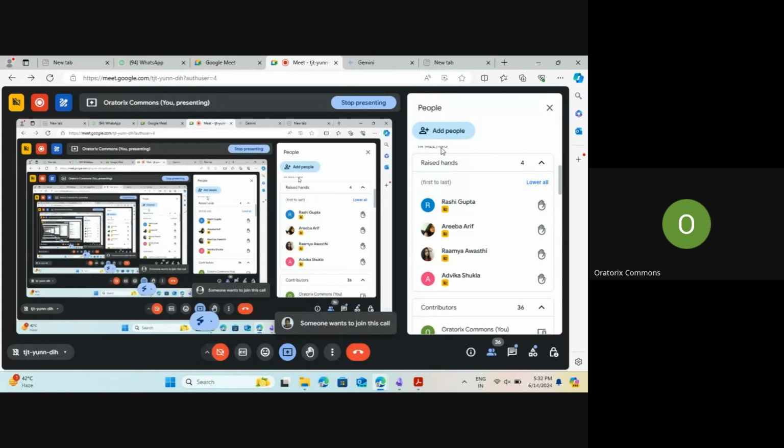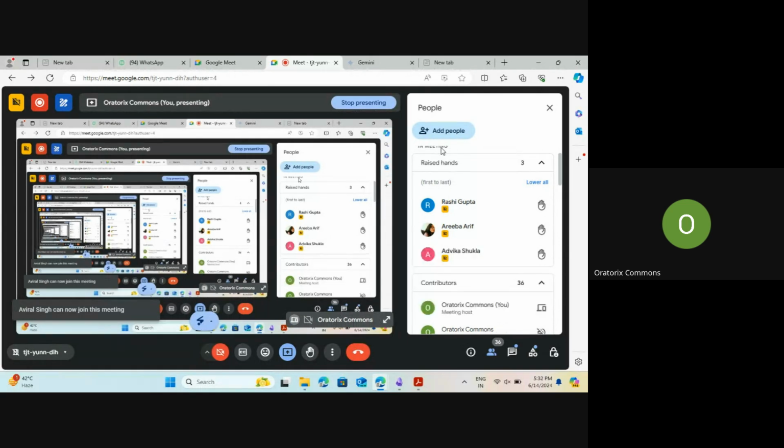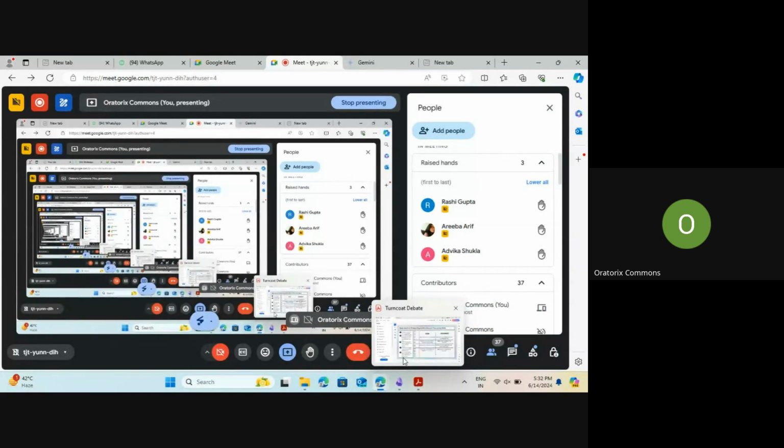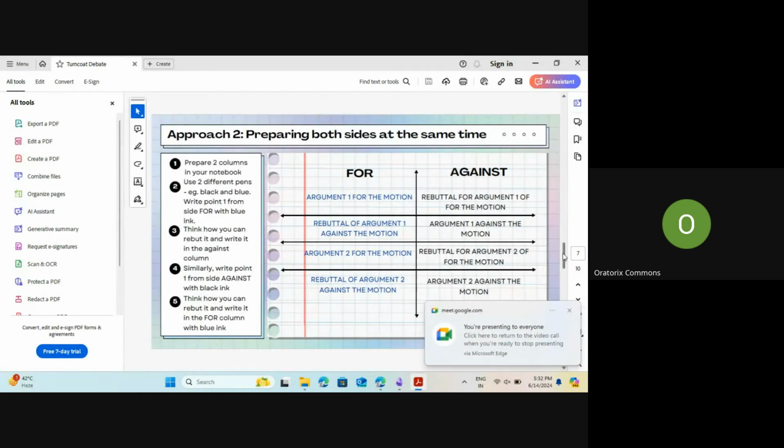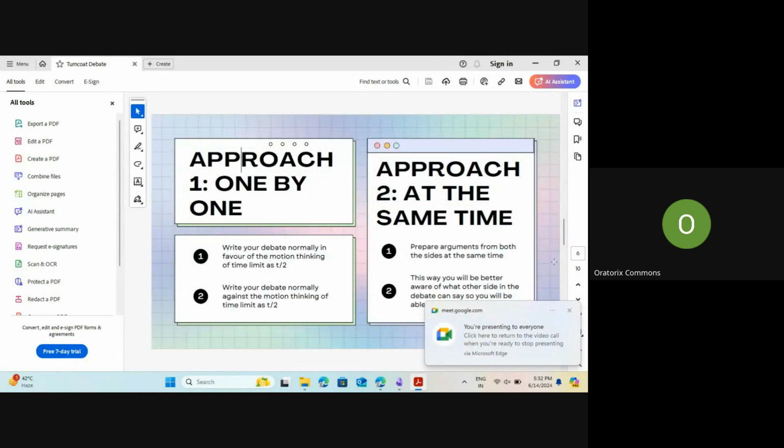हाँ, बस सेकंड वाली अप्रोच वहीं से स्टार्ट होती है। ओके, दैट इज द सेकंड अप्रोच, जहां पे आप दोनों साइड से आर्गुमेंट साथ में सोचते हो। योर फर्स्ट अप्रोच इज व्हेन यू प्रिपेयर देम वन बाय वन, दैट इज पहले आप फॉर का अपना पूरा डिबेट लिख लेते हो, देन यू स्टार्ट राइटिंग अगेंस्ट वाली डिबेट। तो फॉर एग्जांपल, जैसे आपकी 4 मिनट की टर्न को डिबेट थी, फॉरगेट दैट यू आर इन अ टर्न को डिबेट। थिंक कि आप नॉर्मल डिबेट कंपटीशन में हो जिसमें आपको एक डिबेट के फेवर में लिखना है,